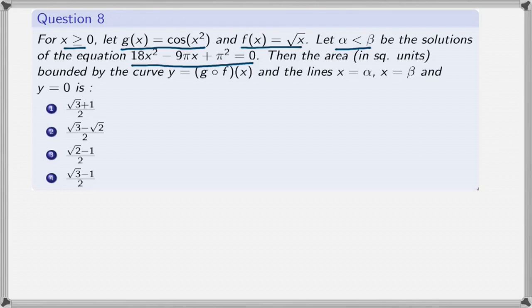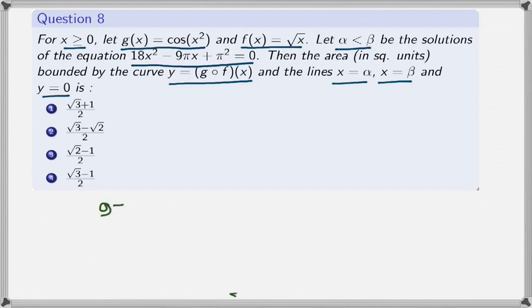We have to find out the area bounded by the curve y is equal to g compose f of x and the lines x is equal to alpha, x is equal to beta and y is equal to 0. To do this, our first job would be to find out what is alpha and what is beta. Let us do that. The solutions of the quadratic equation are